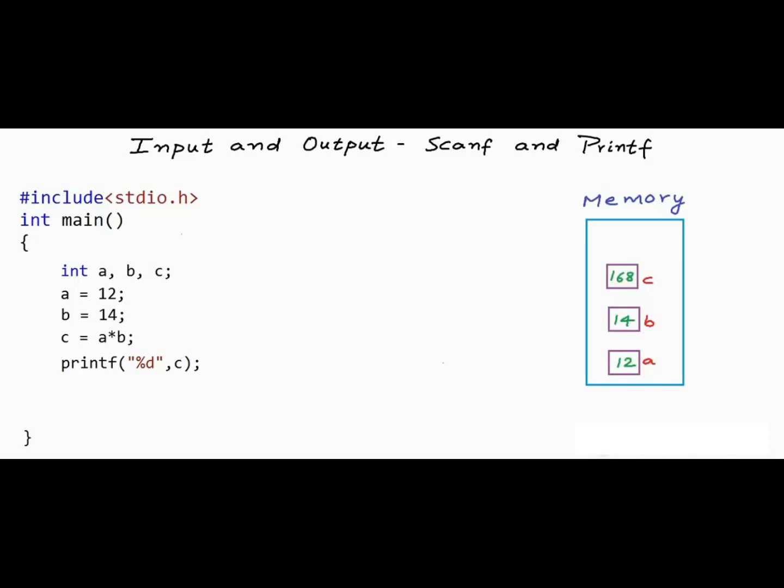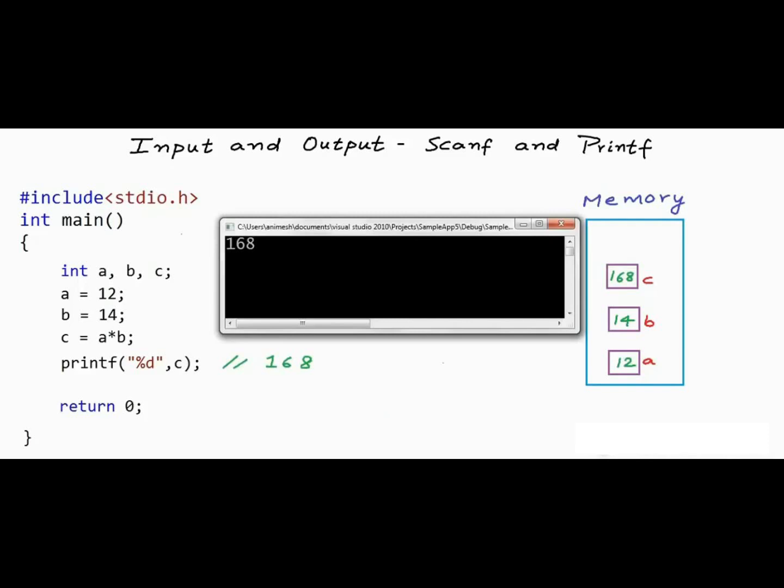So what should be the output of this printf statement that I've written here? Well, in the string constant we only have a %d. This %d will be replaced by value in c, and value in C is 168, so 168 will be printed on screen. I'll just put a return 0 in end here, and now if I run this program, then this is what